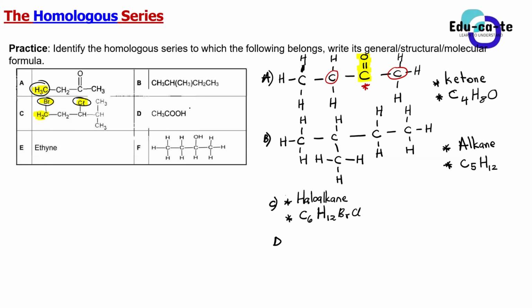What about D, guys? What is the homologous series to which this belongs? What can you figure out if you draw the structural formula? It's a carboxylic acid. Okay, let's draw it first. So we are having CH3 because this is a condensed formula, guys. There is no line showing the bonds. Can I draw the CH3 first? So there is a CH3, and then this CH3 is bonded to a C.